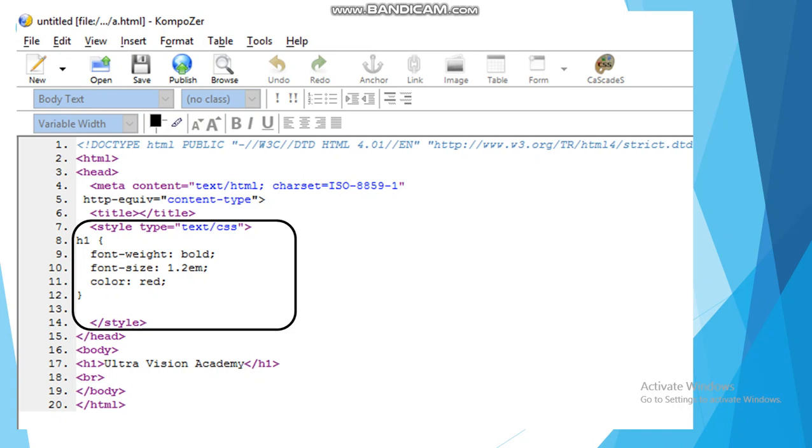Now you can see in the body part, H1 tag is written, and inside H1 tag you can see Ultravision Academy is written. So this is source code, and when you see the output inside any browser or inside preview option, then it will show you Ultravision Academy written in red color, because CSS rule that we have created here, that is color colon red.